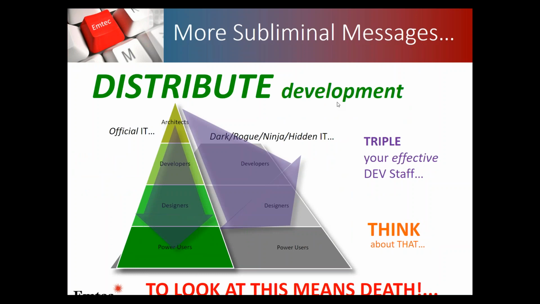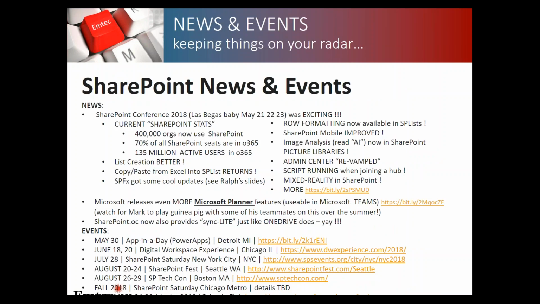You also want to work at trying to distribute your development. Push it down as far as you possibly can. Don't overburden the people that are up at the top. If someone in the developers group, even the rogue group, can do a job, task them with it. If the designers can do it, task them with it. If the power users can do it, task them with that. You want to try to distribute and delegate as much of this activity as possible so that it's appropriately assigned to people, that it frees up your architects and your IT staff to actually do the hard stuff, the stuff that they're supposed to be doing, the monk type of stuff. So keep that in mind going forward.